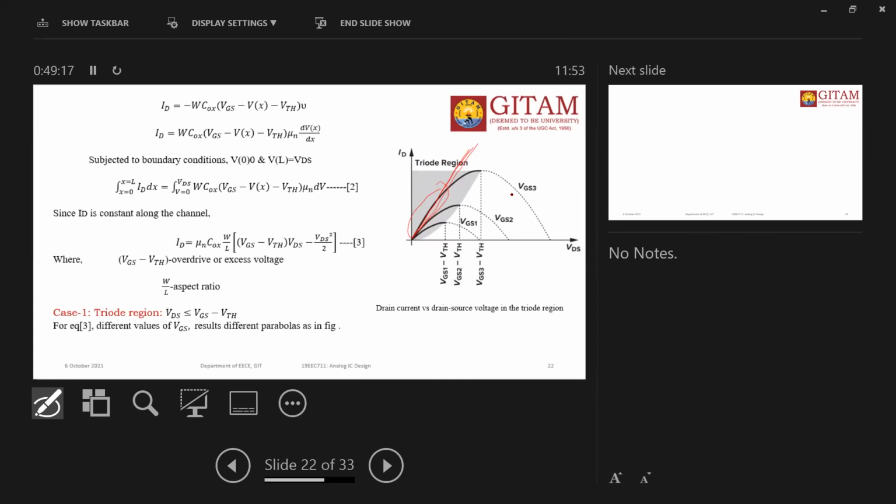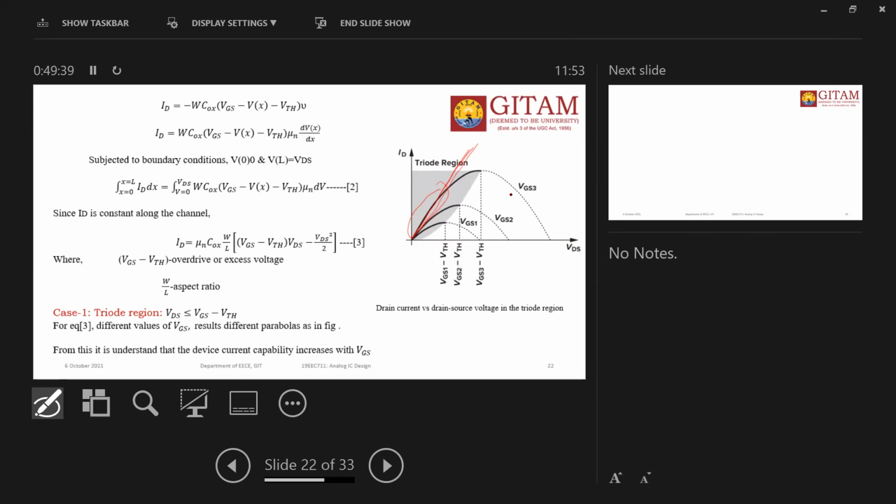So from this, it is understood that the device current capability increases with the VGS. Of course, the VGS current. Why? How is it? Because whenever VGS increases, the channel width increases. Whenever the channel width increases, the number of carriers that can pass is increased. So thereby, ID can be increased.